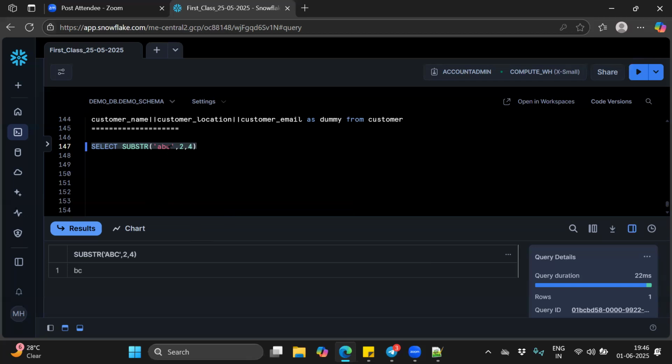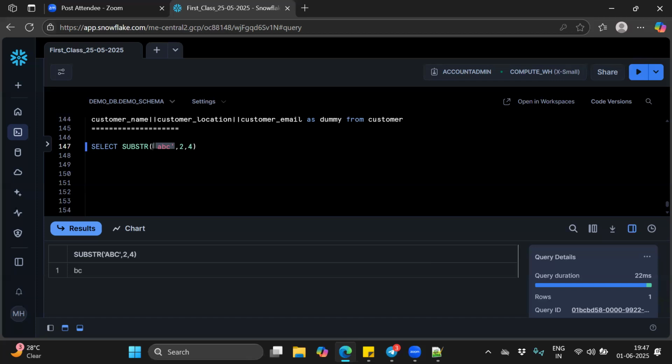In real time, how we use it, that is what matters now. So we will not practice like this in real time. Just to show you how it will print, I have given you the example here. But in real time, how will we do this? We will use the column. Now I have a customer name here, right? We will give customer name here